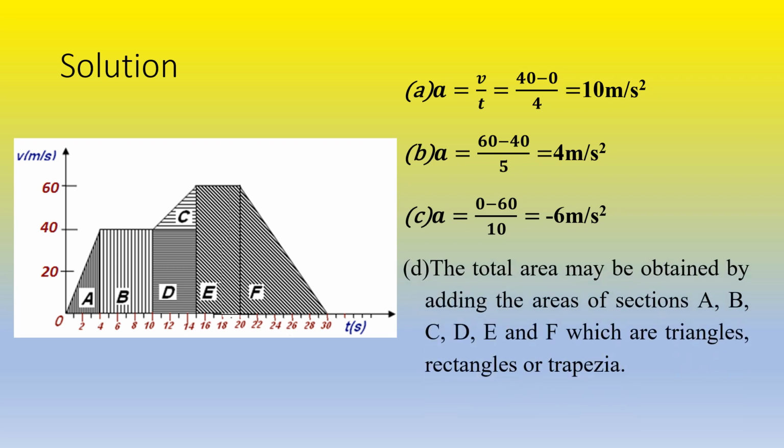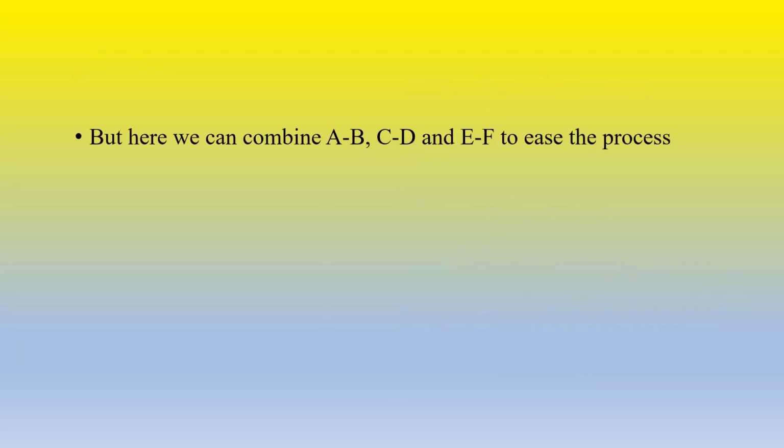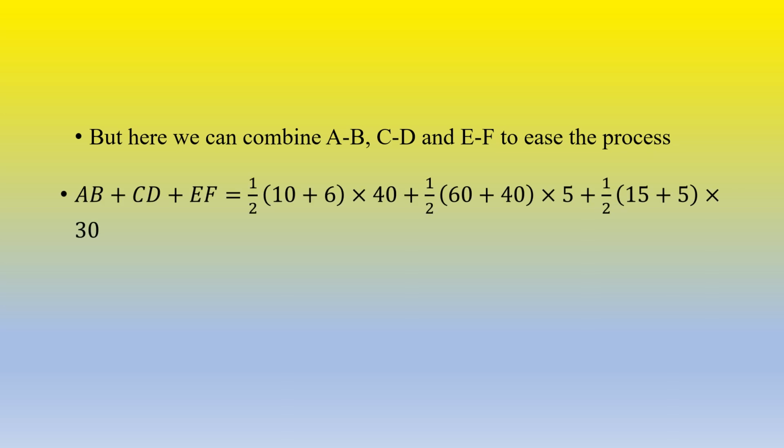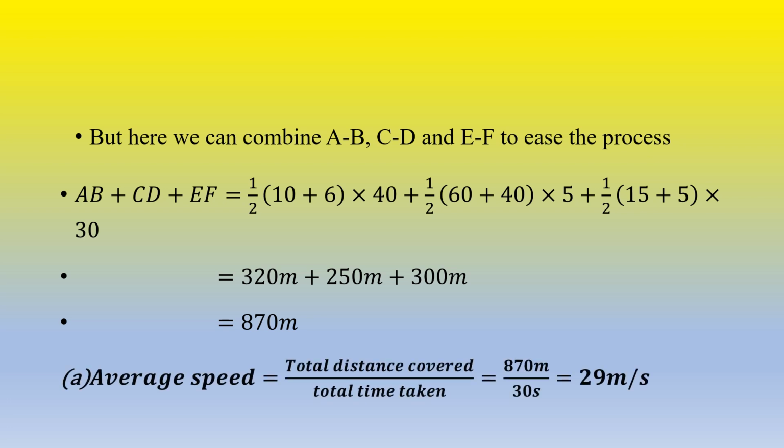D. The total area may be obtained by adding the areas of sections A, B, C, D, E and F, which are triangles, rectangles, or trapezia. But here we can combine A, B, C, D, and E, F to ease the process. A plus C, D plus F equals 1/2 (10 plus 6) times 40 plus 1/2 (60 plus 40) times 5 plus 1/2 (15 plus 5) times 30, equals 320 meters plus 250 meters plus 300 meters equals 870 meters. Average speed equals total distance covered over total time taken equals 870 meters over 30 seconds equals